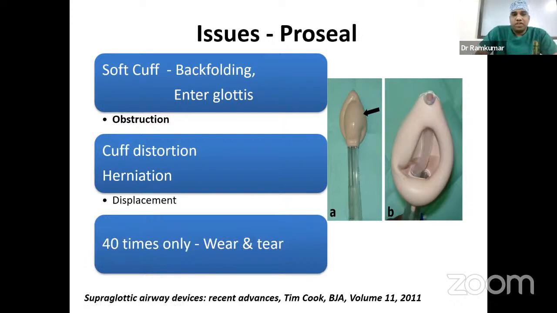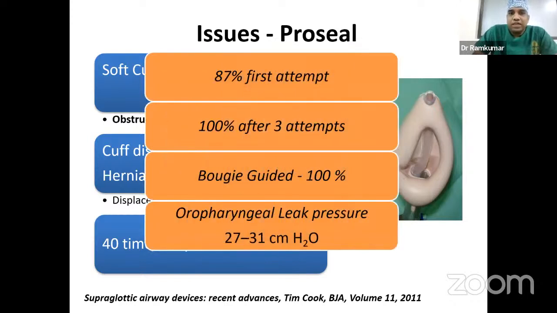Because in a reusable device, if you're trying to use it more than 40 times, there's a chance of wear and tear, and mucosal cuff damage can occur. All this can lead to poor ventilation, and the chance of displacement is very high. The success rate with this device is close to 90% at the first attempt, but